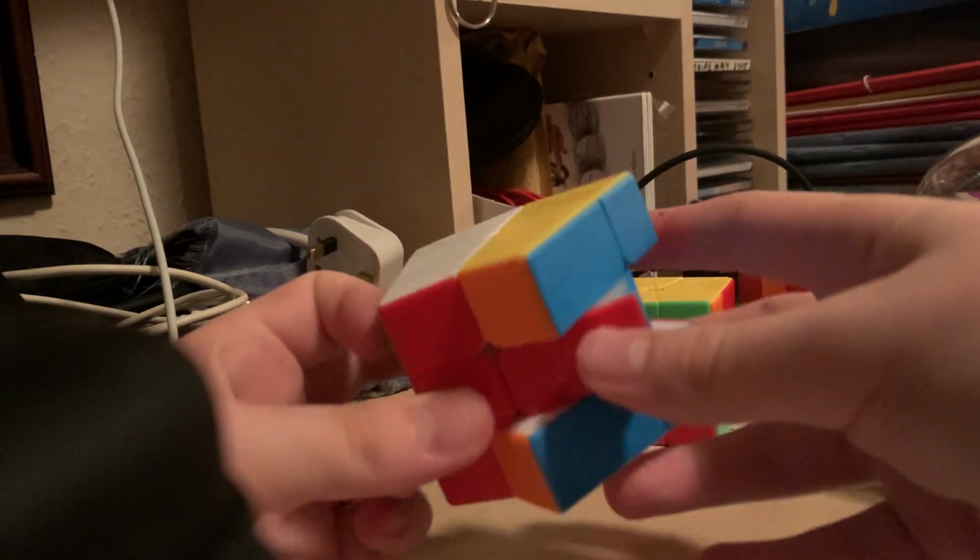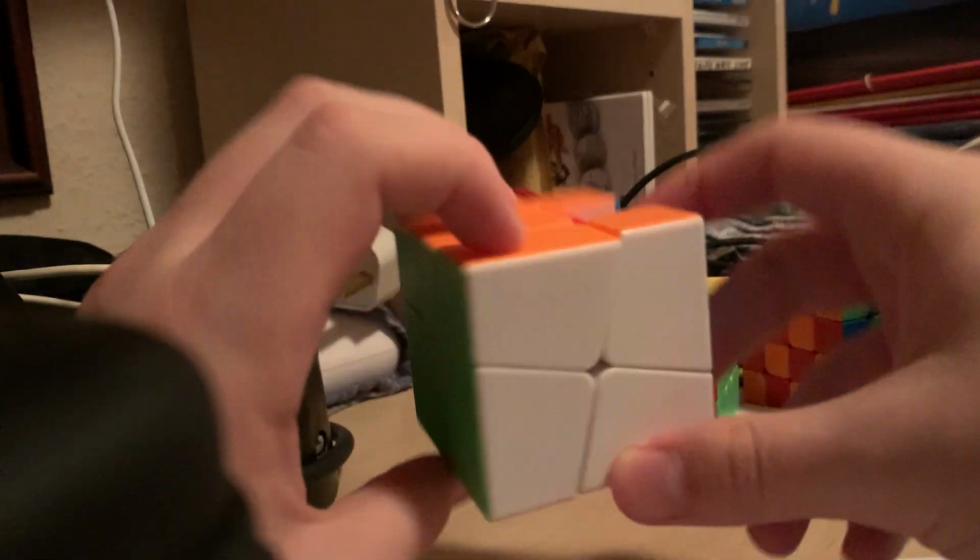Slash U D prime slash U prime D slash. And that has done a diagonal swap on both top and bottom. And that is another case we can cross off the list. Why didn't I just tick them instead of crossing them out? But yeah, next is